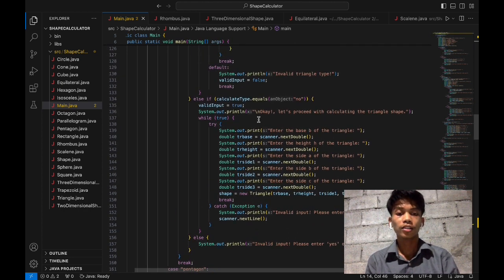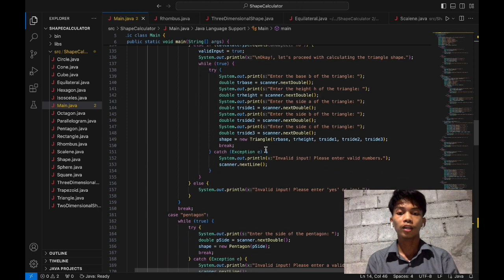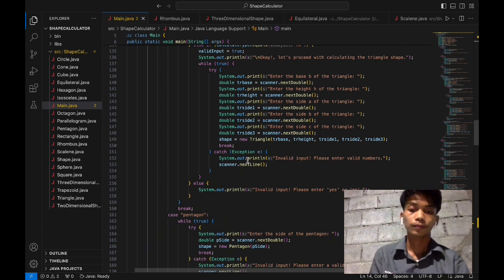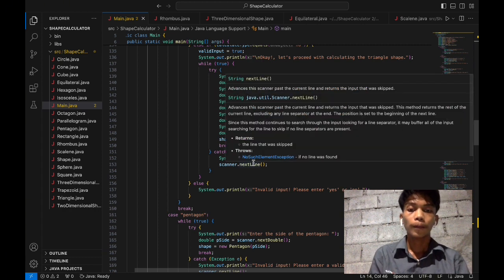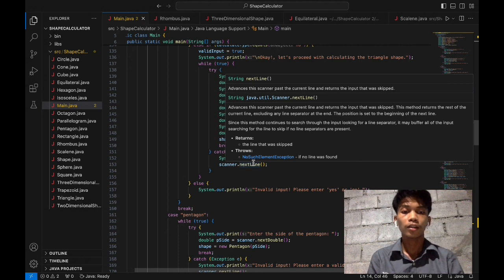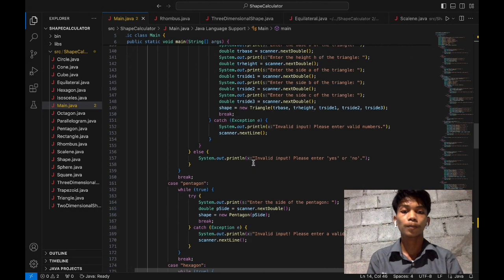After obtaining the necessary measurements, it will instantiate the triangle object. The pattern of input validation and object instantiation is repeated for all the shapes.